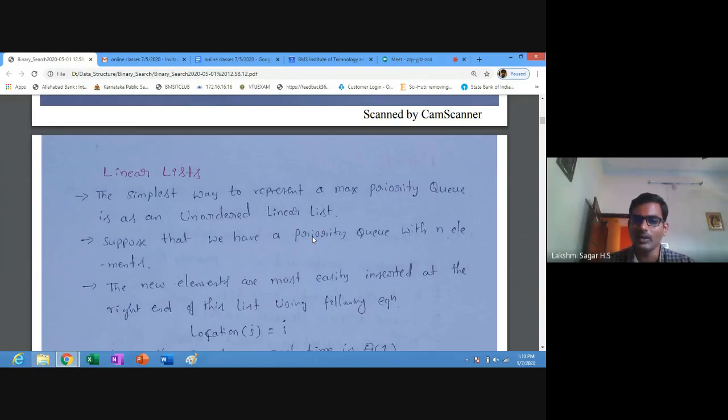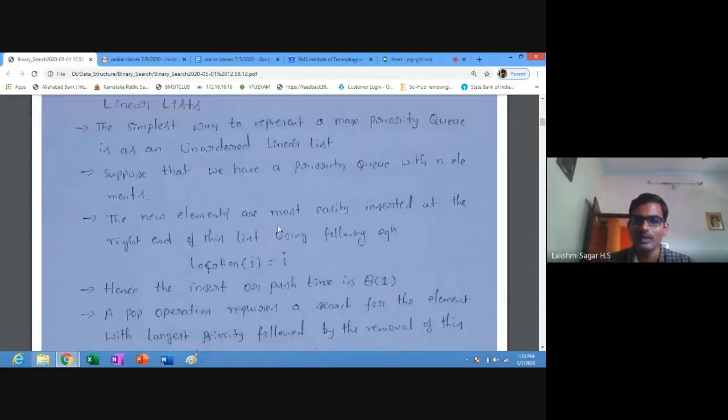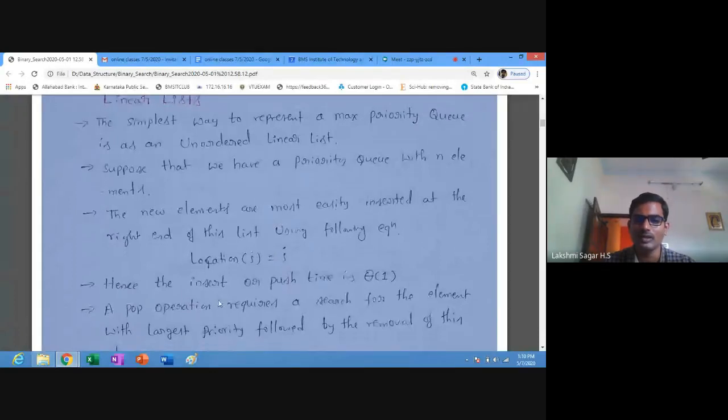Suppose that we have a priority queue with n elements. The new elements are most easily inserted at the right end of this list using the equation location of i equals i. We have already discussed this one. Hence the insert or push time is big theta of 1.